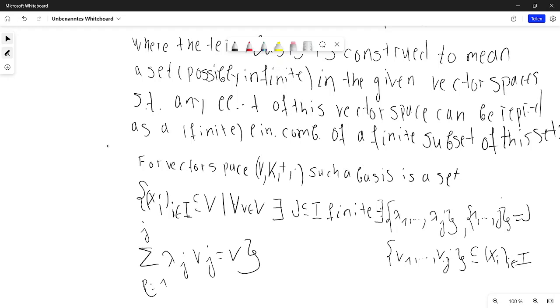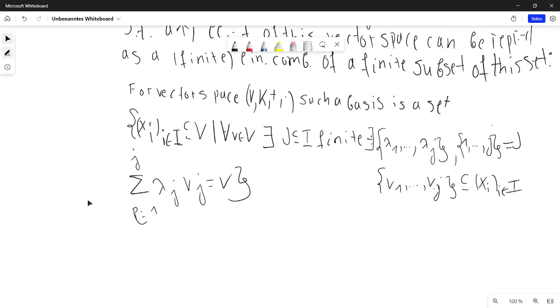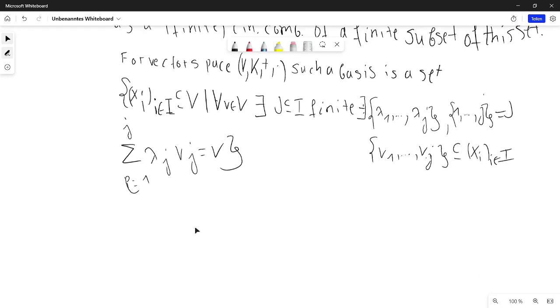This is the set D, such a set that for each v we can represent it like that. That's the first property, and another property for a subset of V to be a basis is that the x_i